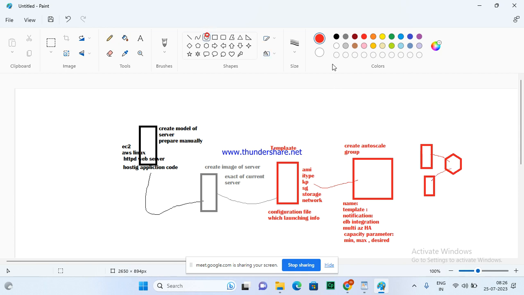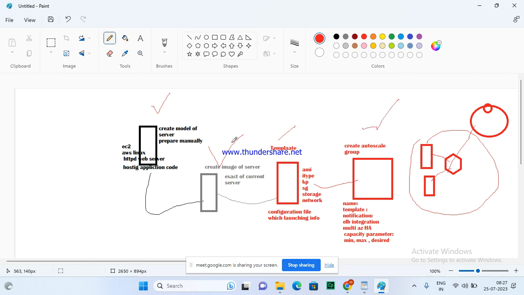And the users can connect and test through the load balancer whether the website is running or not. This structure will be ready by configuring these steps, 1, 2, 3, and 4. It is a 4-step process.